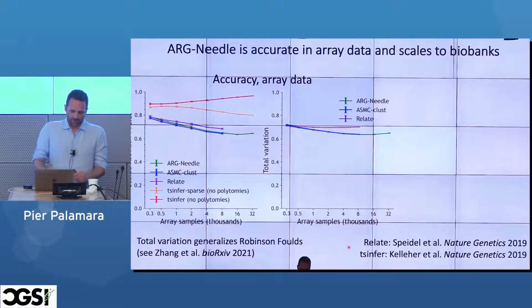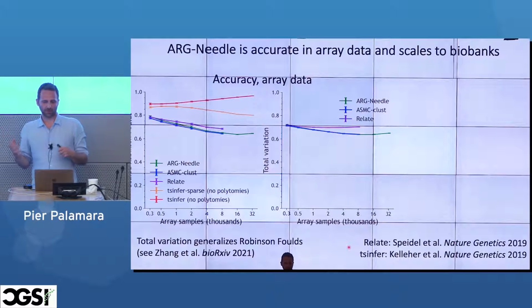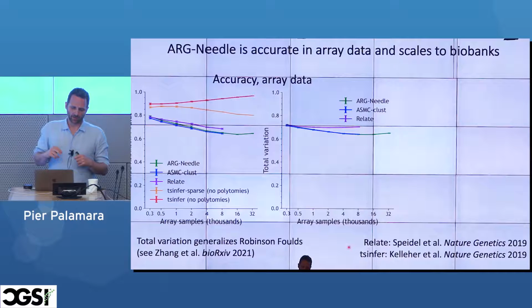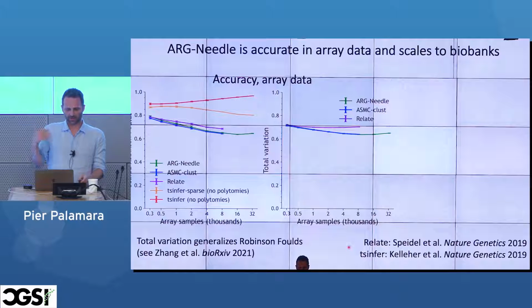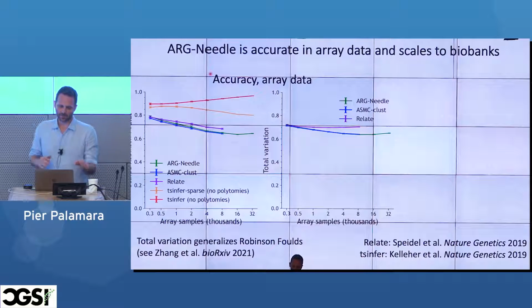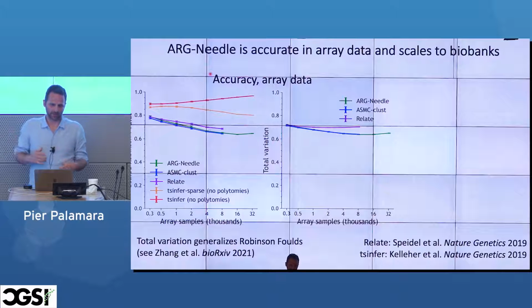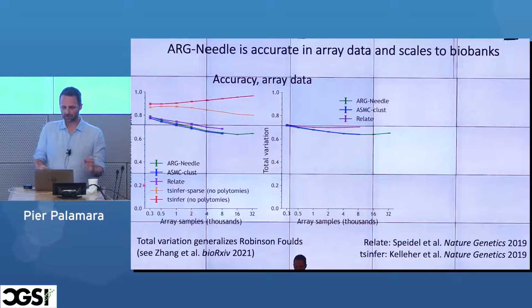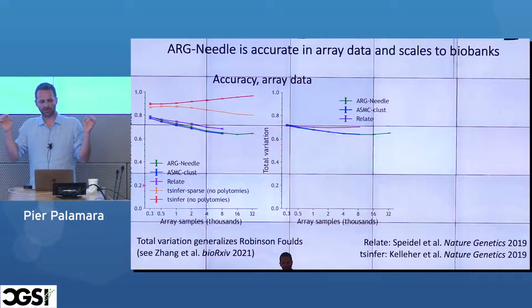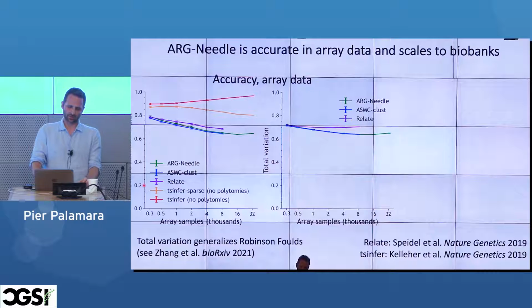And then we did a bunch of evaluation, and actually this could be its own talk. There's a lot of ways of trying to figure out the similarity between two ARGs or trees. The ARG is slightly different from trees, but it's sort of embedding a bunch of trees. So one classic metric of similarity between trees, and to some extent ARGs as well, is the Robinson-Foulds metric, where you have two trees. You're trying to estimate which fraction of the clades of the trees overlaps, essentially.